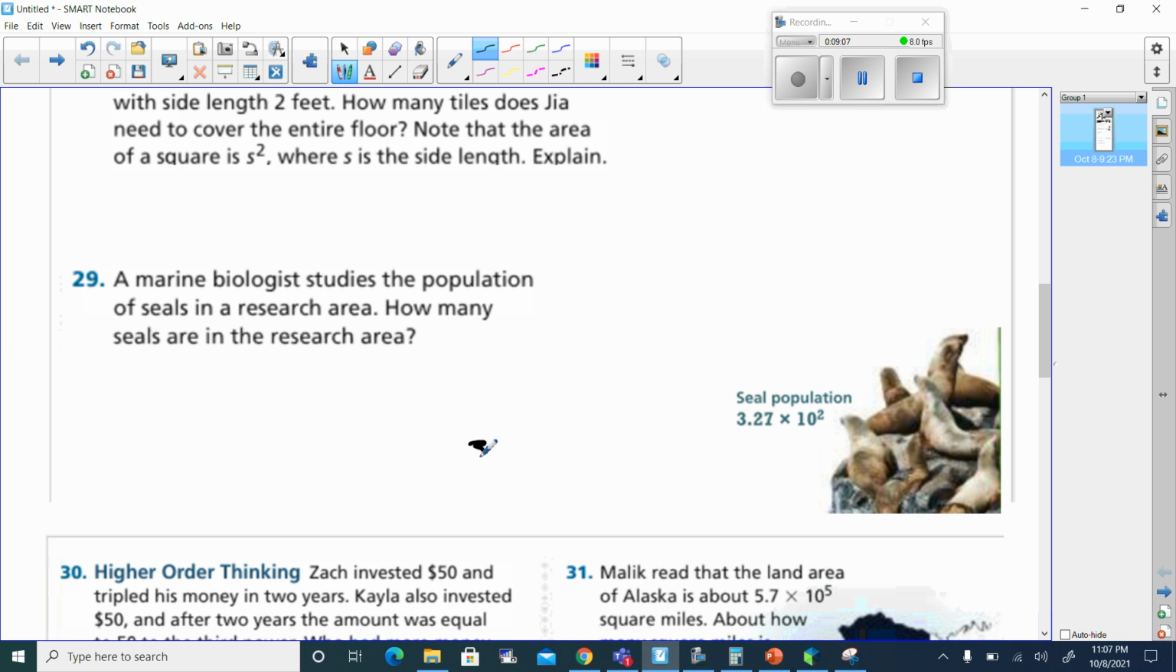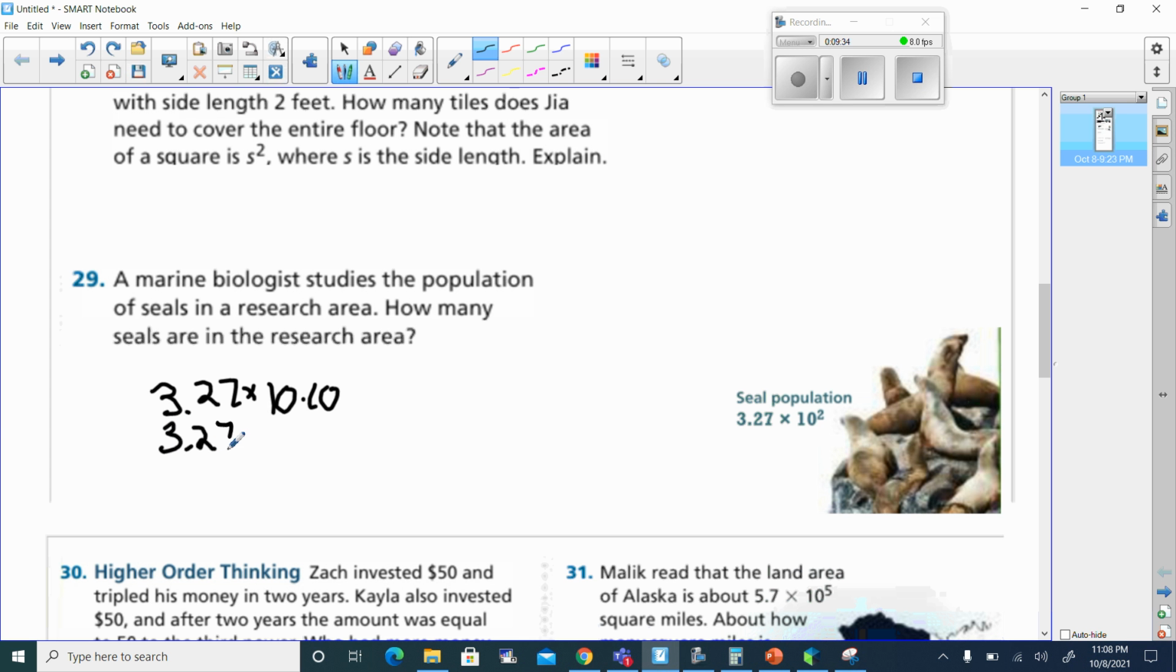Let me rewrite that. Sorry. Put it over here. 3.27 times 10 to the second power, which is 10 times 10. 10 times 10 is 100. So this is really